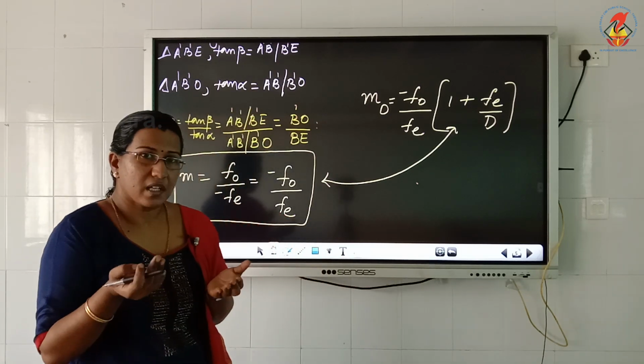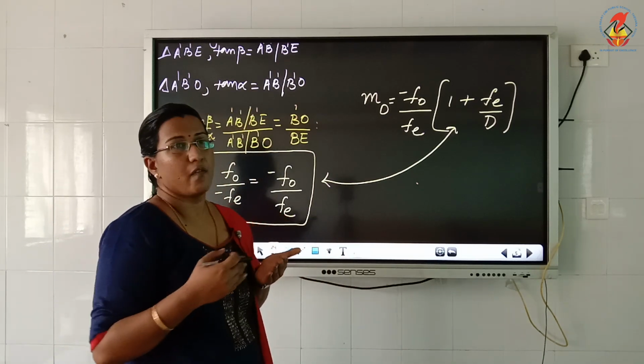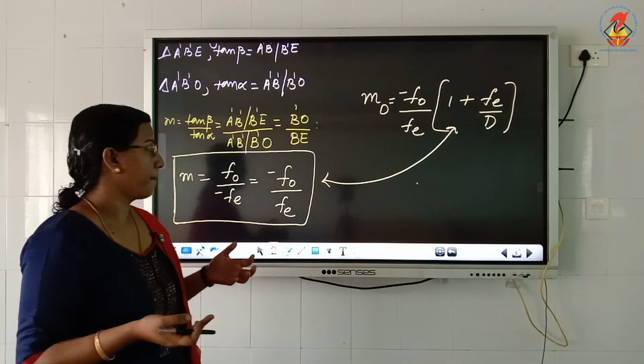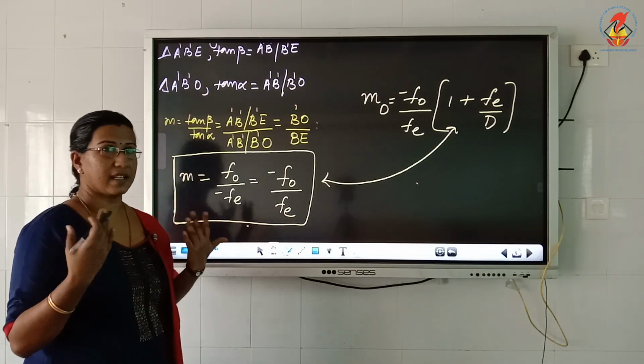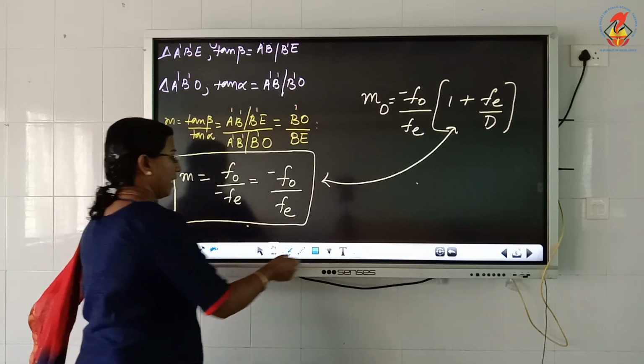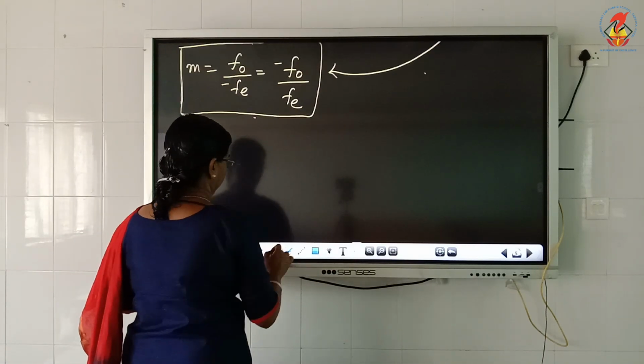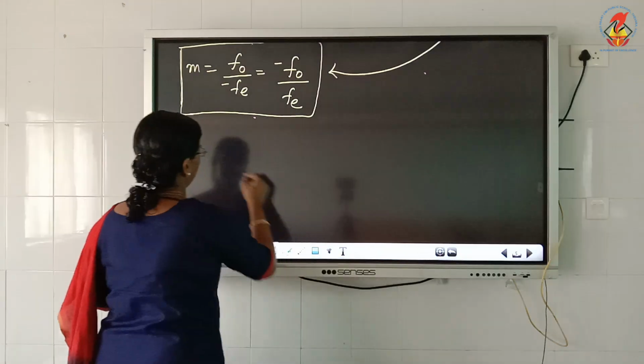So magnification, compared to that, will be less when the image is at infinity, but much less strain for the eye. And also the negative sign in this equation indicates that